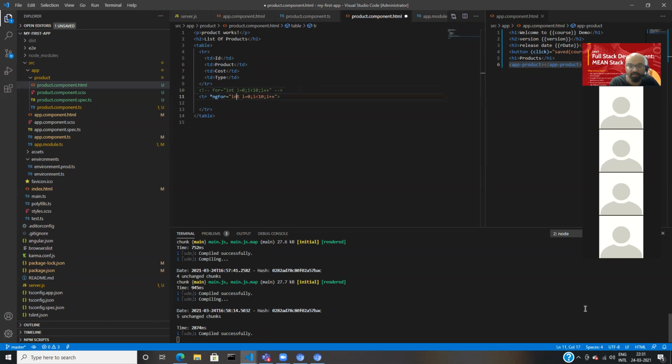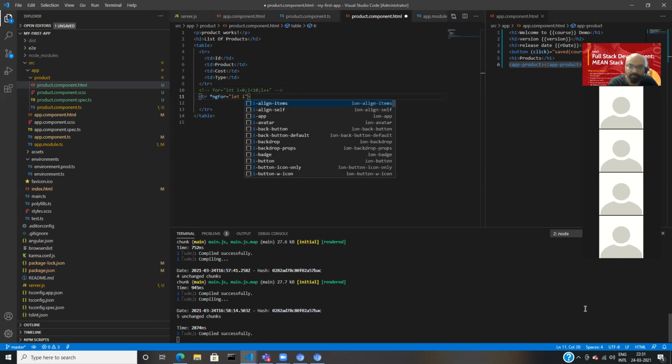So let's see here how we are using it. Just map it. To create a new variable, in C we use int, so here we use let. let is to create a variable, not a class property, a variable. A variable is something which will die within the scope. So just like you have int i, I am having let i, right? Of